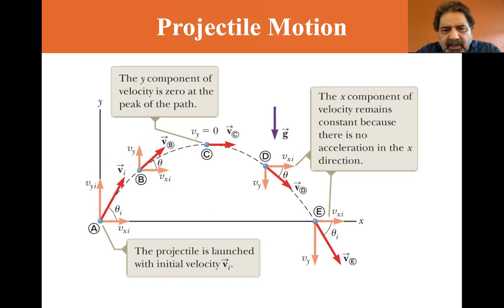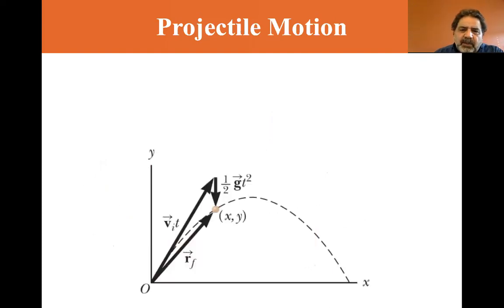So let's read the little boxes. The y component of the velocity is 0 at the peak of the path. The projectile is launched with initial velocity vi, and the x component of the velocity remains constant because there is no acceleration in the x direction. The only acceleration is the gravitational acceleration, and that is projectile motion: any motion of an object under the presence of gravitational acceleration only. Okay, so